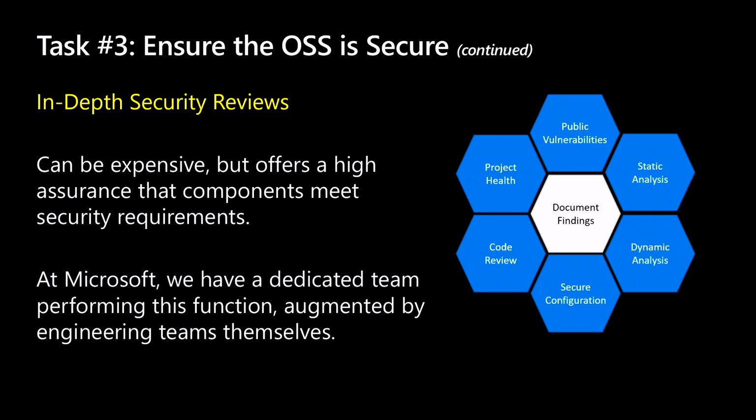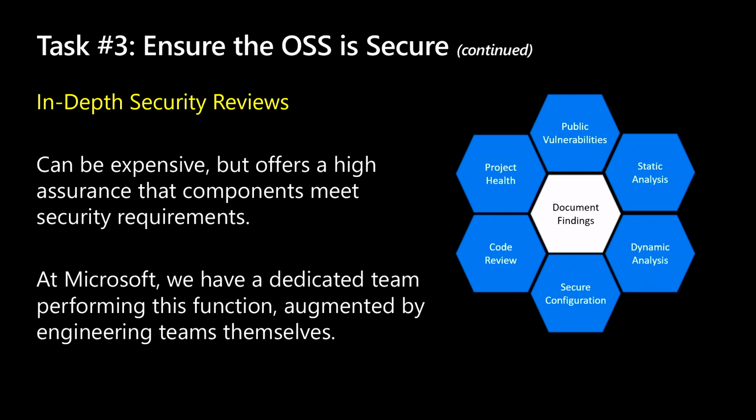So what does this really mean? We look at things like project health. We will do a code review depending on the size of the component. We're not going to do a full code review of OpenSSL. It's just not feasible. We look at things like secure configuration, like when you deploy Elasticsearch, should you have that exposed to the internet? When we come up with advice there, we throw this all into